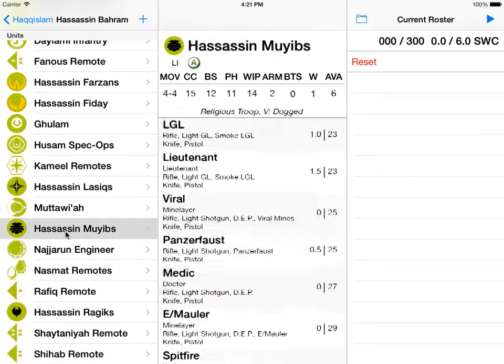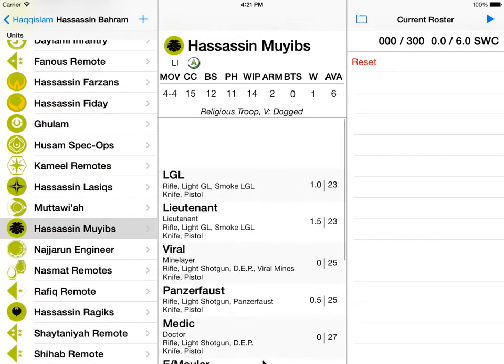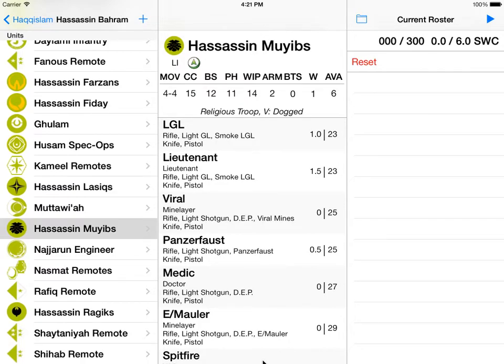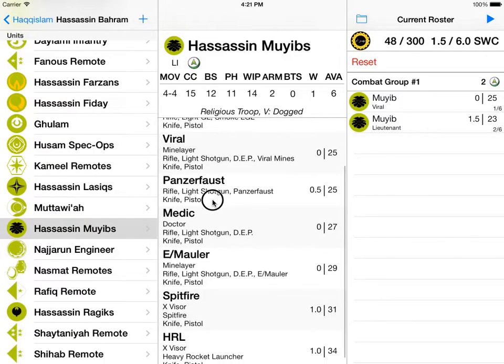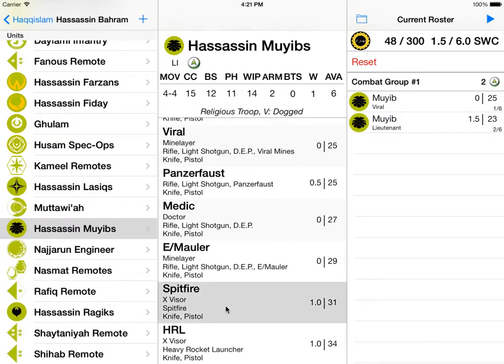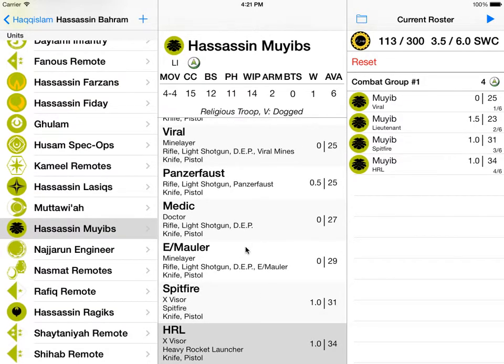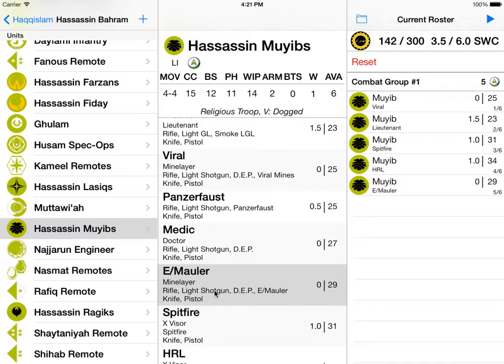So what I like to play is I like to play some Muab. I think that's how it is. So let's put some more guys in here. And so you'll see starting to build a list over here. I like to put in the lieutenant. I like to put in the Spitfire, the heavy rocket, and I like the E-Mauler simply because sometimes it's nice